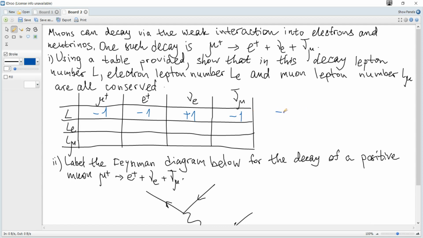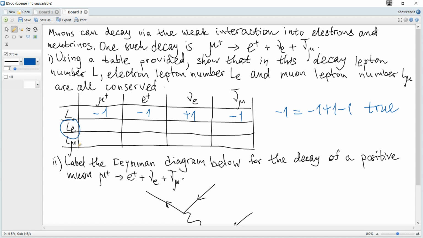So -1 equals -1 plus 1 minus 1, which is true, and it must be true because if some decay takes place, lepton number must be conserved. Let's consider lepton E number,